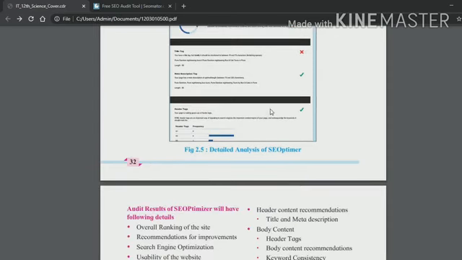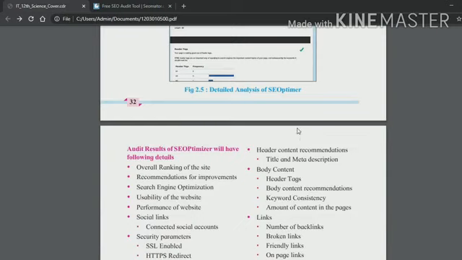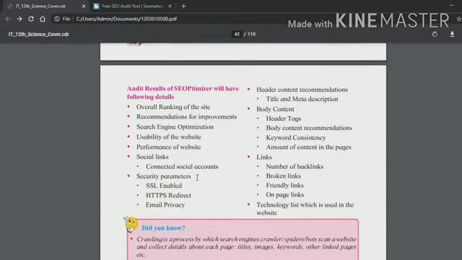This type of suggestions are provided here in this audit report. Now, see what the results are for SEO Optimizer in SEO audit tools.